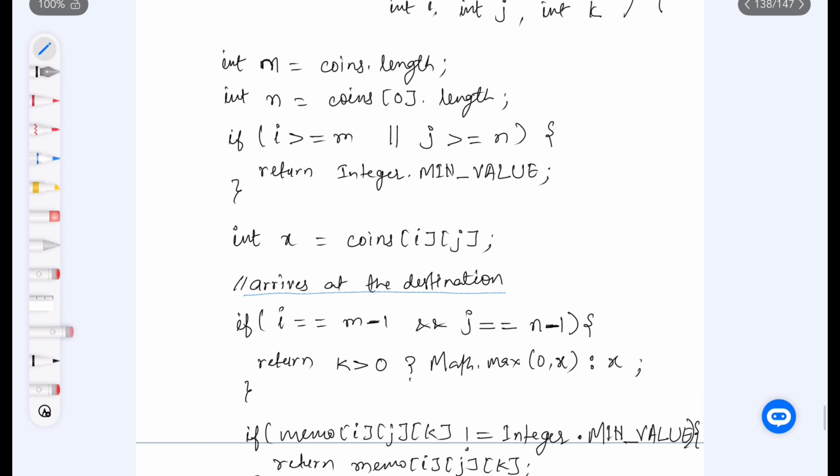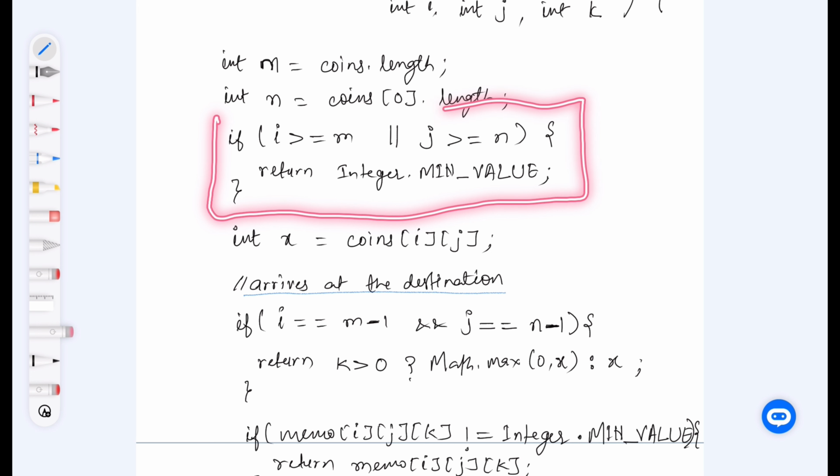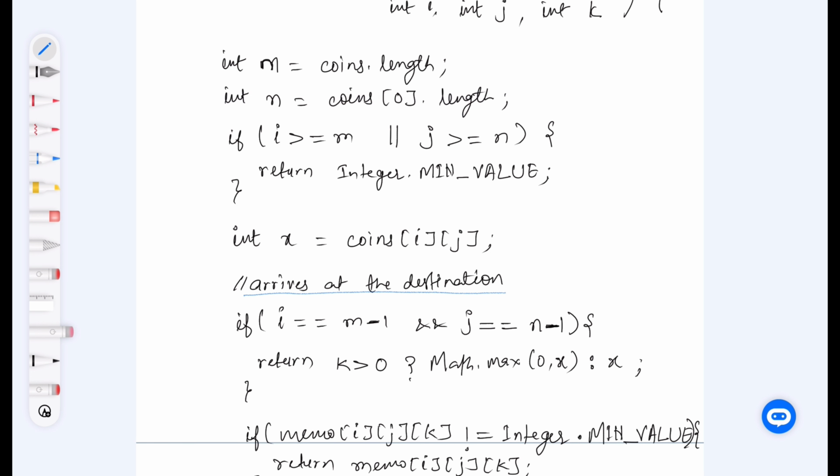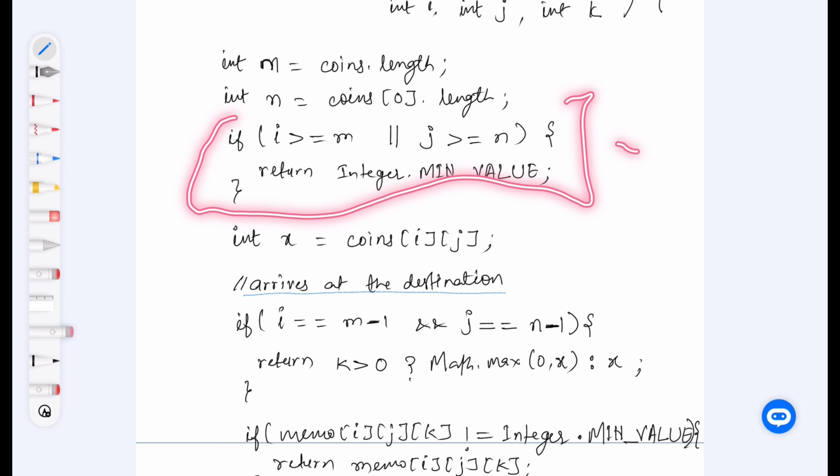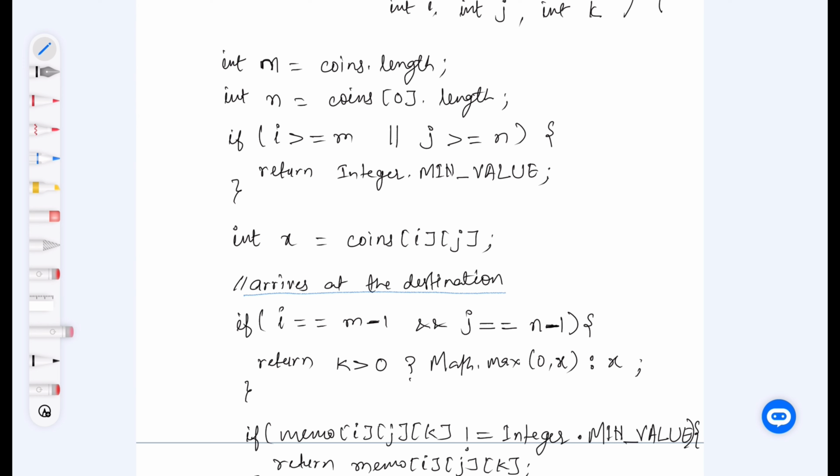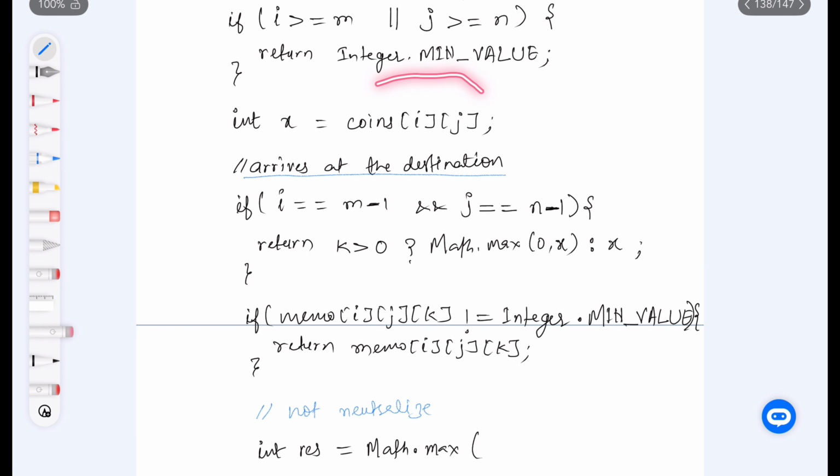Once you check that condition, the very first base case we are talking about, if the base condition is failing, you will return minus infinity or a negative value. Then the current cell value is x. We'll check another base case condition: if we reach the last position, that destination position, and we are still left with k greater than 0, meaning some modification is left,